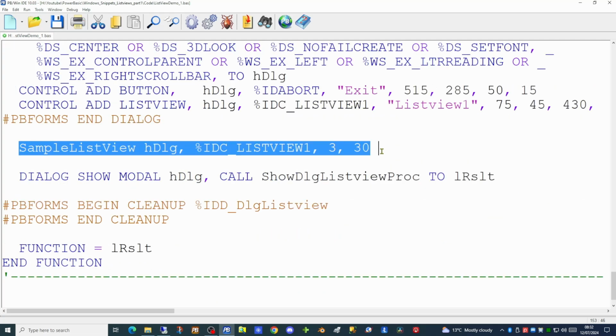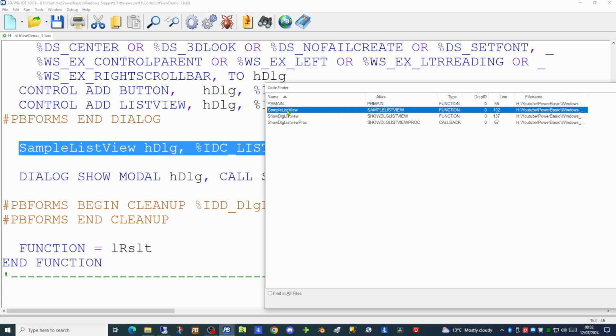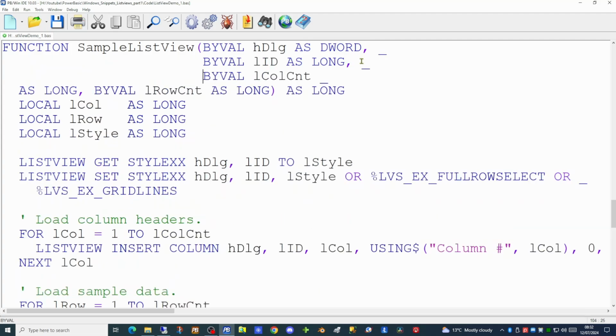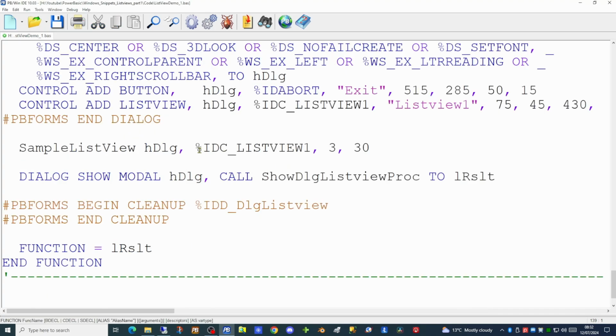The sample ListView function is going to allow us to see how a list view is actually populated, so let's have a look at that function. Here is the sample ListView function, and in here we can see some information being passed in. There appear to be three parameters, one being a dialog handle, one being the control handle, and one being the column count. If we look back at where this command was actually called from, we'll see there are the three